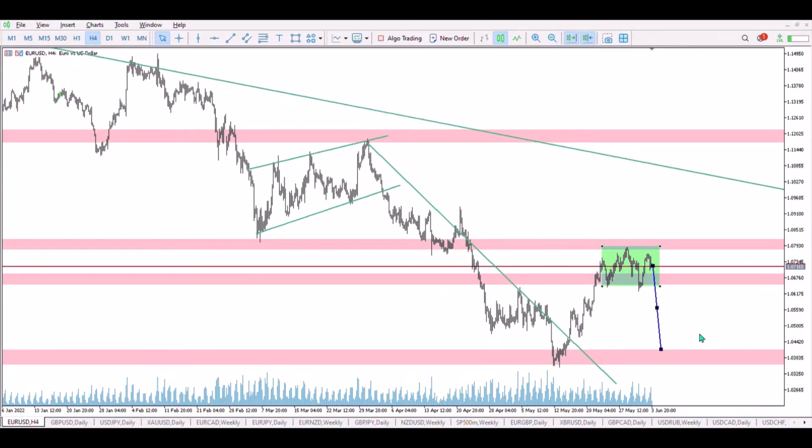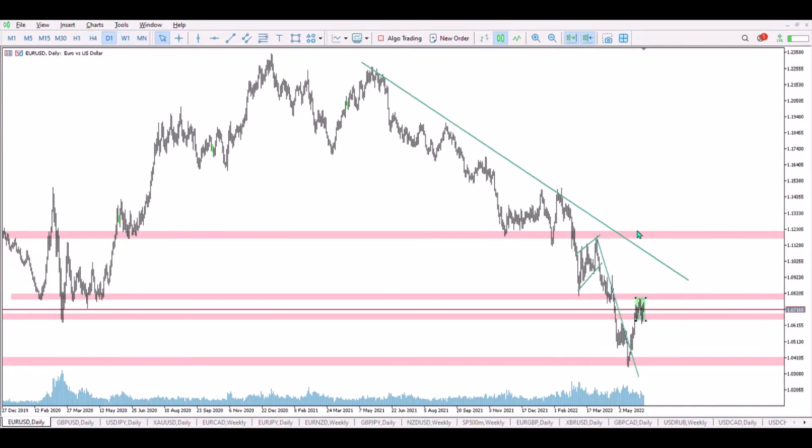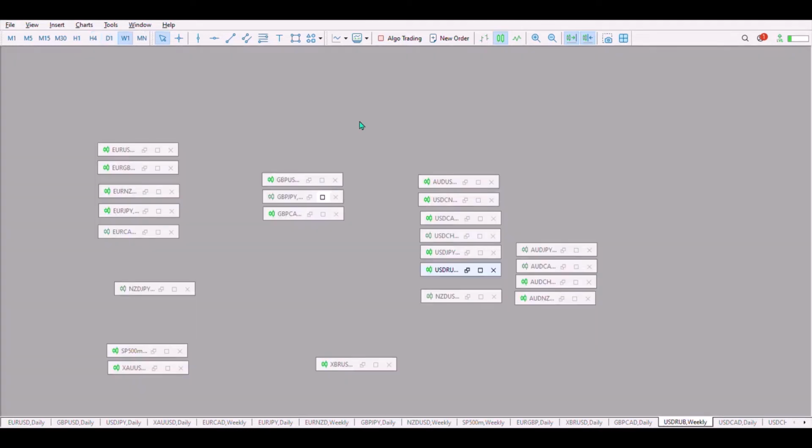Now we have a little room to the upside. If we go to the daily you can see that we have a nice downtrend here and we can try to catch it one more time before another sell-off or a new breakout. You never know. Now let's check also GBP USD,